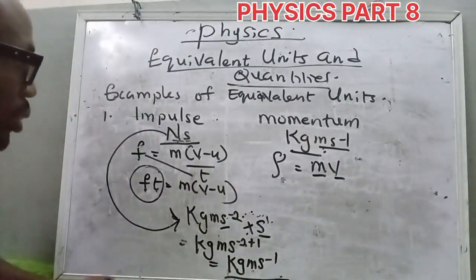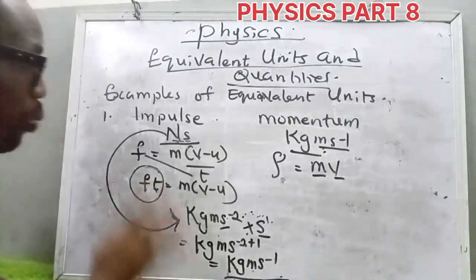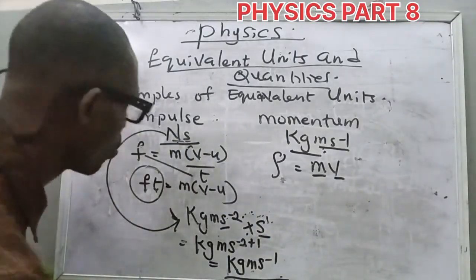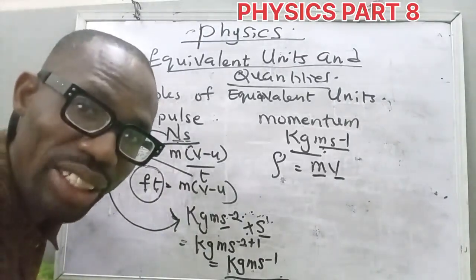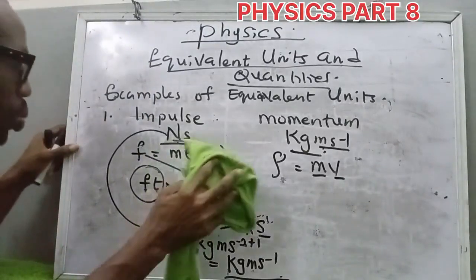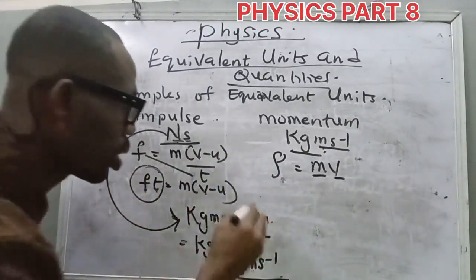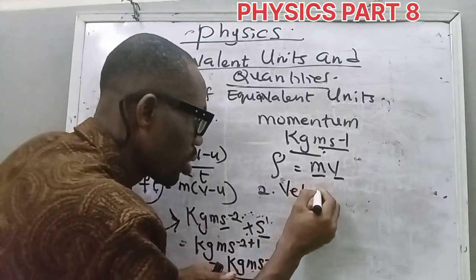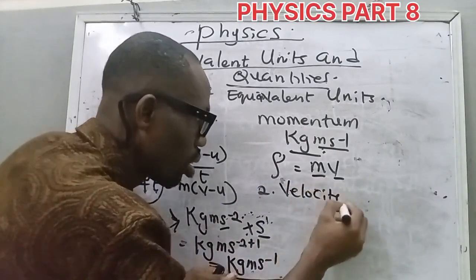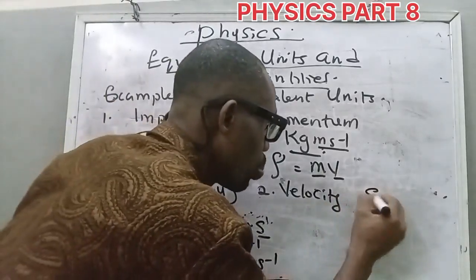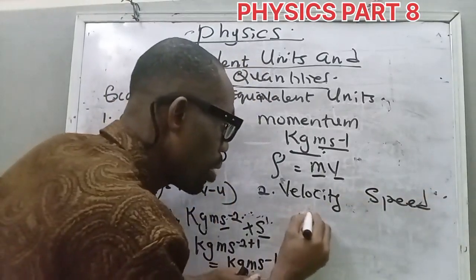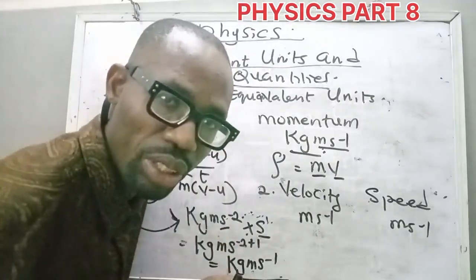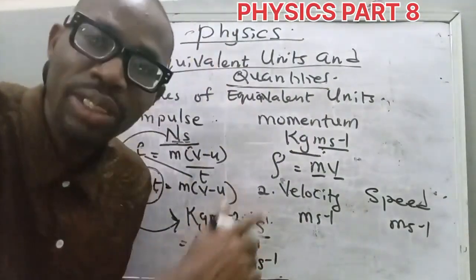Let's go to another one again. Another example of equivalent units. We have velocity and speed as another example. That one is direct, so I'll clean this. Let me just write that one here. Number two equivalent unit is velocity and speed. Both of them are meter per second. But tell me, what's the difference here? Who can tell me the difference? The difference is that